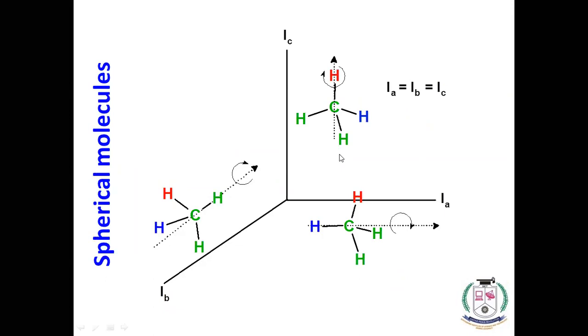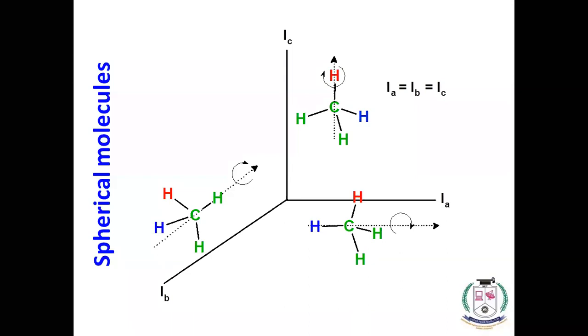Now spherical molecules. Let us take methane. Methane is tetrahedral, and to differentiate the hydrogens, we have given different colors. Now let us see the moment of inertia in the X direction, the Y direction, and the Z direction. See that in each case, the axis is going through carbon and hydrogen. Let us imagine the tetrahedral. We are just changing the axis, but the atom connectivity is the same. You see the carbon and hydrogen: green and blue, green and red, green and again green.